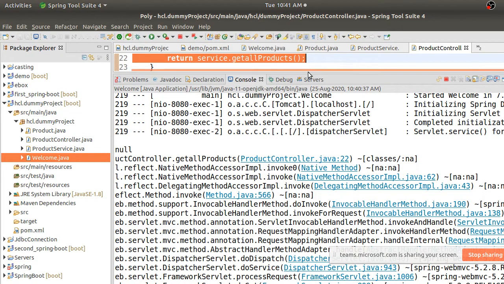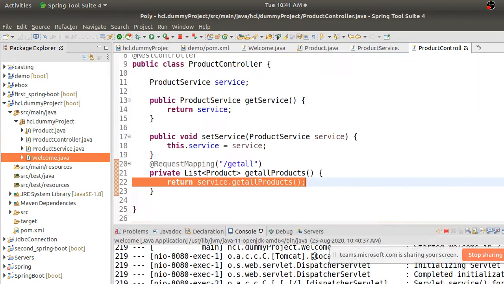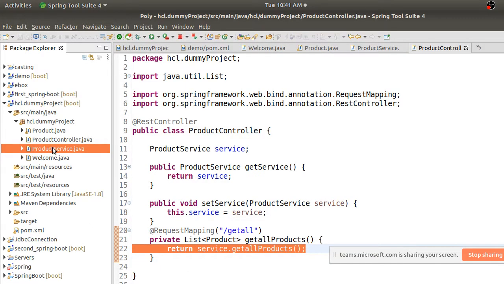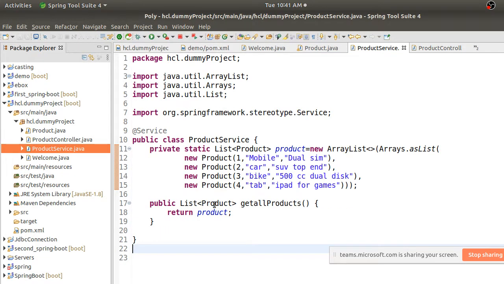Controller dot get all products. Okay, I'll check in this service. What happened?